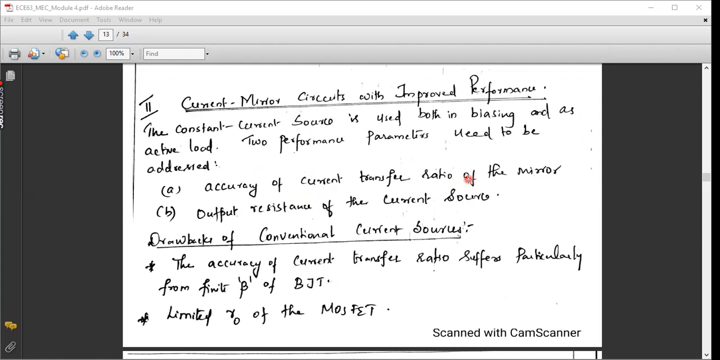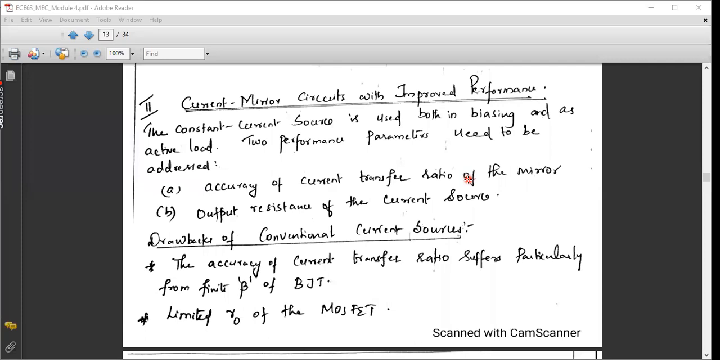So ideally, if you take a current mirror circuit, the ratio should be 1:1, right? Theoretically, you can say that the output current is always equal to the reference current if you discard the channel modulation effects. So when the output current is equal to the reference current, the current transfer ratio will be 1:1, theoretically or ideally,